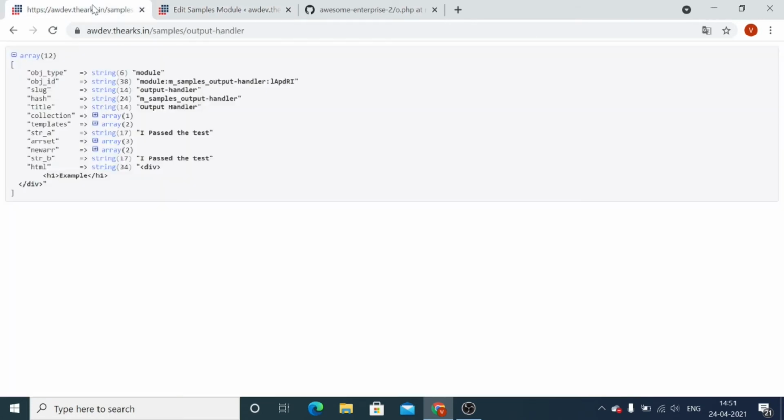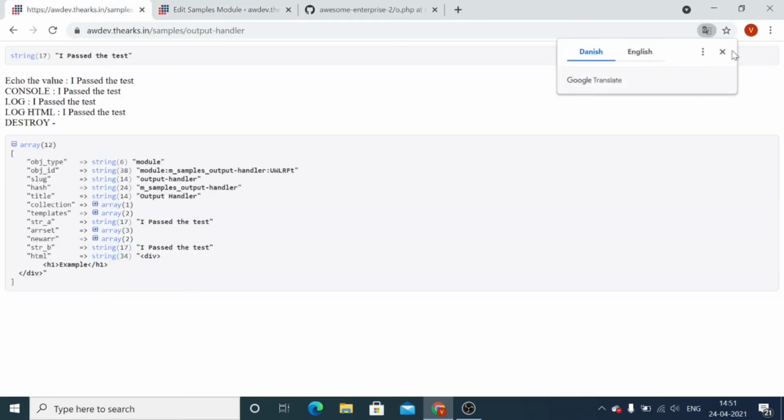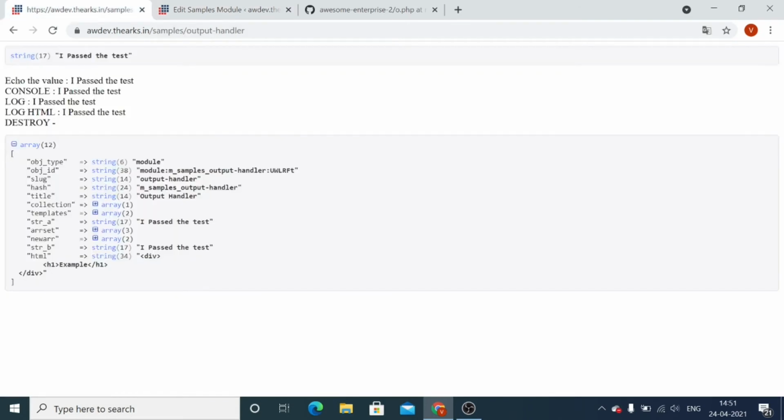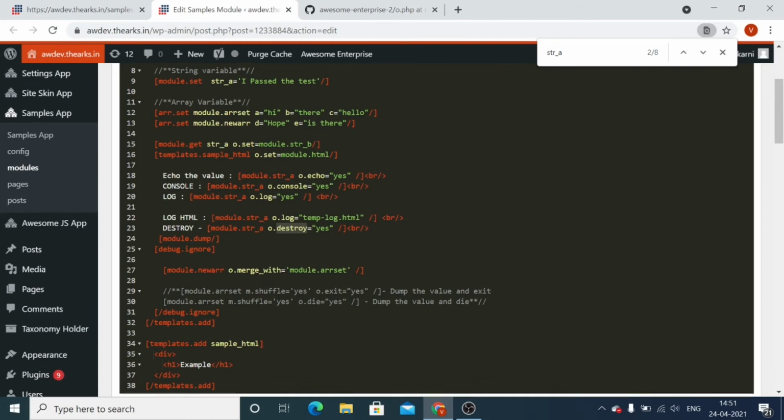So let's go back and check. So we have this output. We used o.echo, o.console, o.log and o.log, where we are storing the output into an HTML file. And now let's check o.destroy. The o.destroy vanished the value of this variable, but it is not vanishing permanently. As a result, it is available at the module level. So let's check